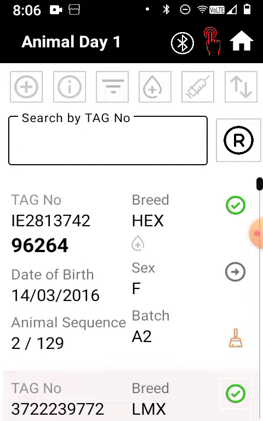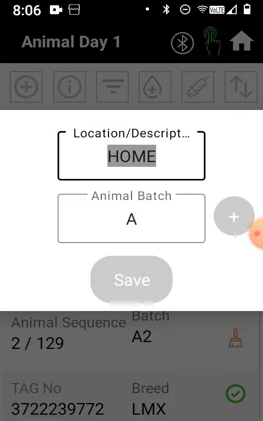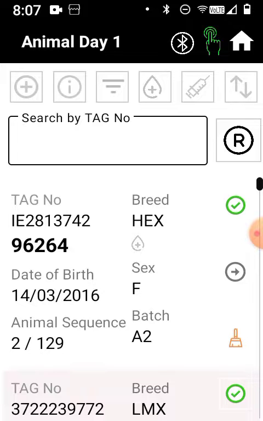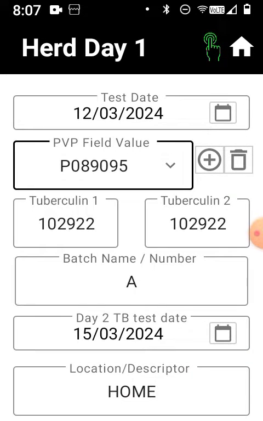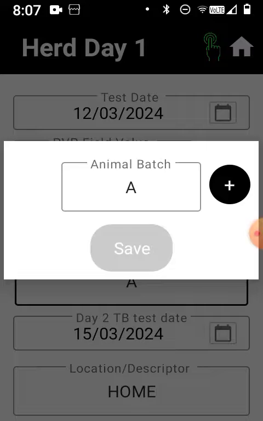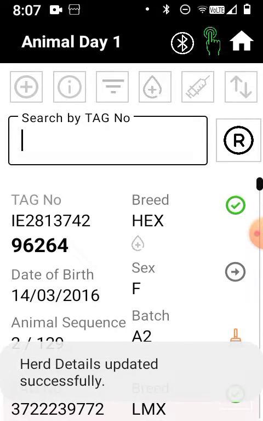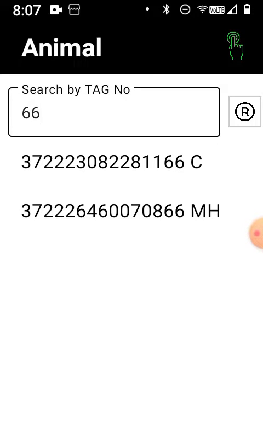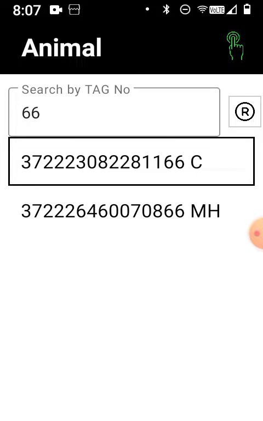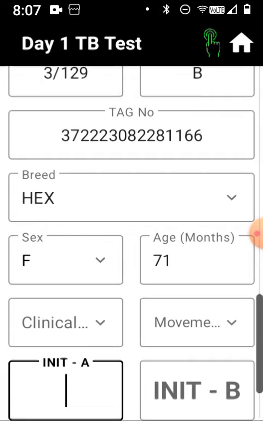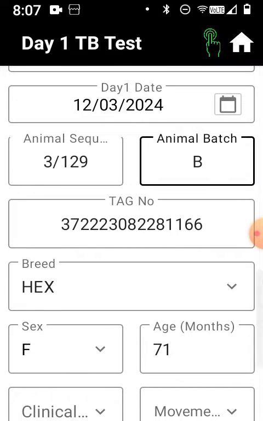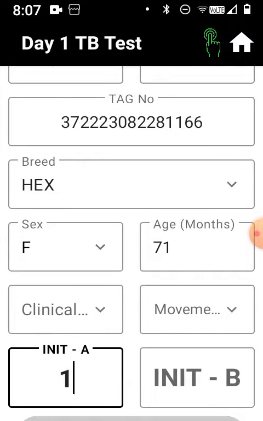I want to change the batch. I have multiple ways. One option is I press hash on the physical keypad. The other option is I go back one page and double click the A and hit the plus and make it B. Okay, or the third option is when I go on to an animal, I'm going to pick the first option by clicking enter. Click on animal, you can actually go and you can change it there, okay? But I've already changed it to B. I'm going to put in,